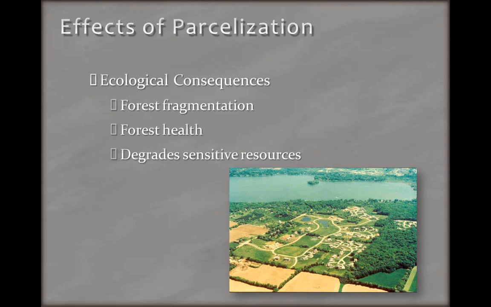areas with a lot of natural amenities like lakes. Lakes are such a strong driver of parcelization that we're seeing second and third tier and beyond development along those lakes. And with that, you're seeing degradation of a lot of these sensitive resources. Wetlands and lakes, with increased parcelization and development, see increased runoff, which eventually degrades water quality and can threaten aquatic ecosystems.